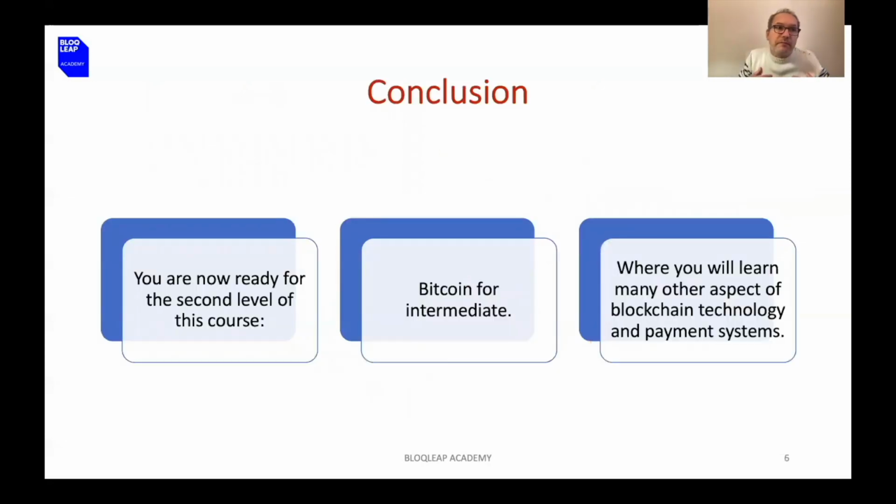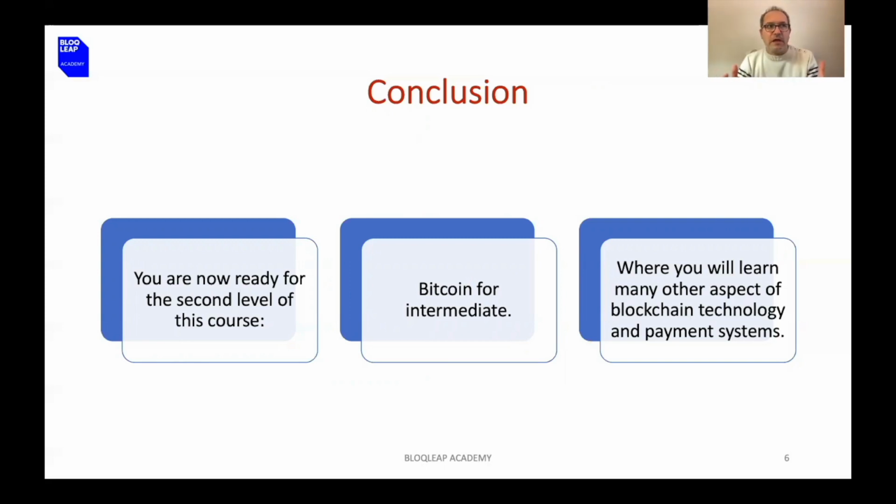You are ready now to embrace Ethereum and any other blockchain or coin you want to buy, you want to study, or even if you are working in a company, you can start even looking at blockchain use cases. We've got actually courses on use cases like supply chain, health, custody, storage. We've got a lot of courses on that. Okay, so in conclusion, you are now ready for more.